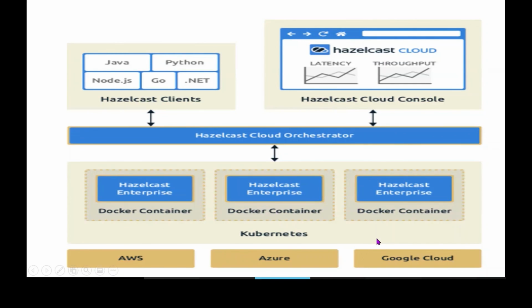And the memory as well as the storage requirement, they are internally using AWS, Azure and Google Cloud as various options. So while creating the cluster itself, you can either go for AWS or Azure or Google Cloud. It's up to you. On top of it, they are running the Hazelcast Enterprise cluster members on Docker containers, which are managed by Kubernetes. Kubernetes is a container management or container orchestration utility, where on Docker containers they are running Hazelcast members, which